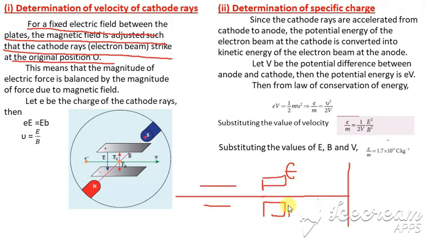Both with the electric as well as a magnetic field. So what you are going to do in this is for fixed electric field. The electric field is going to be fixed, and we are going to adjust only the magnetic field. So adjusting only the magnetic field, what happens? If this ray goes to the other position, it comes back to only the mean position.